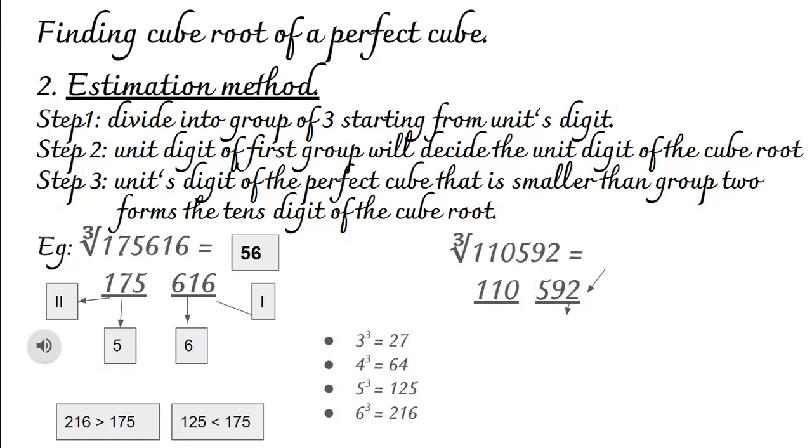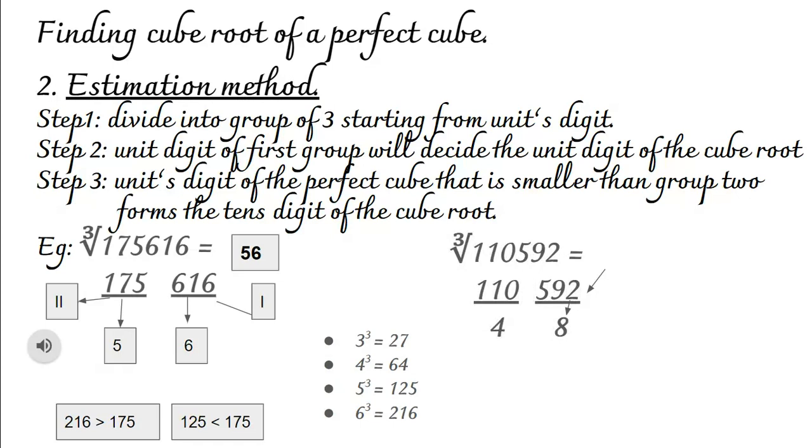For a number ending with a 2, we have to see what its cube would end with, isn't it? Normally we have learned that any number whose cube ends with 2, its cube root would end with 8, isn't it? 2 cube is equal to 8, so the inverse, cube root of 8 is equal to 2. So therefore, the unit digit of the cube root of 110,592 would be 8. So our second step is over, meaning we got the unit digit of the cube root, that is 8. Now we move to step 3.